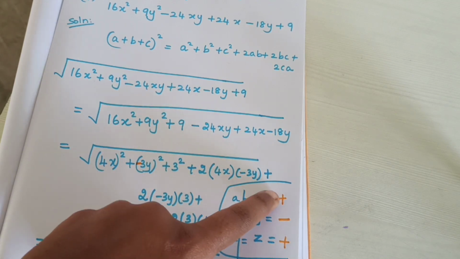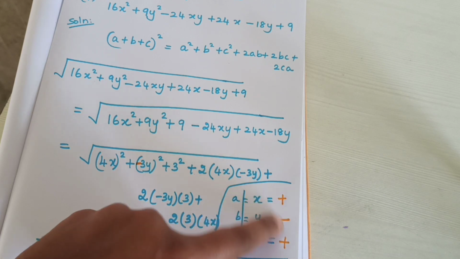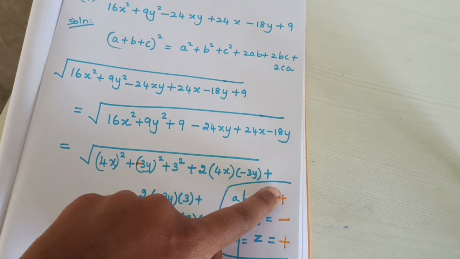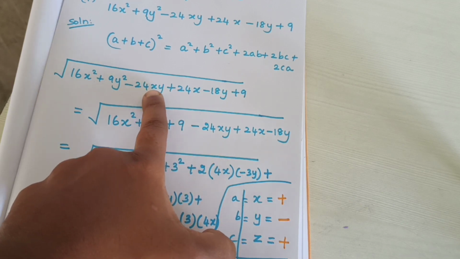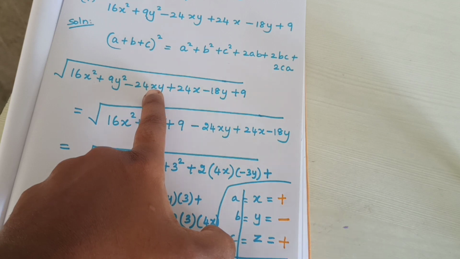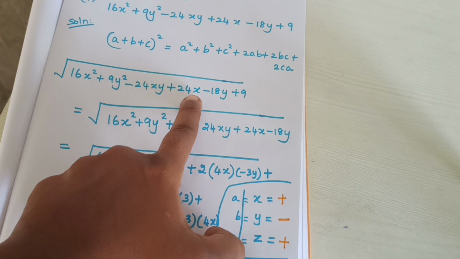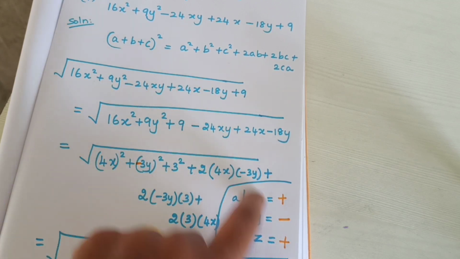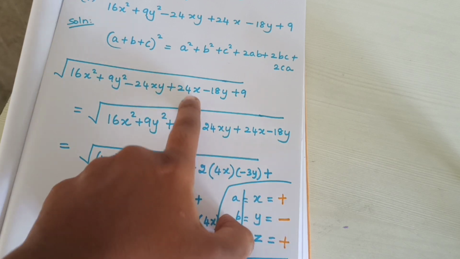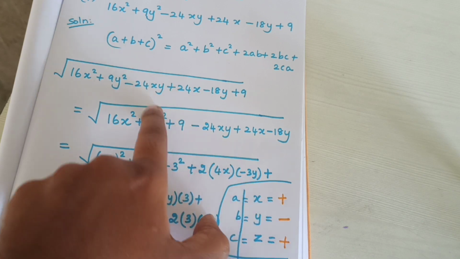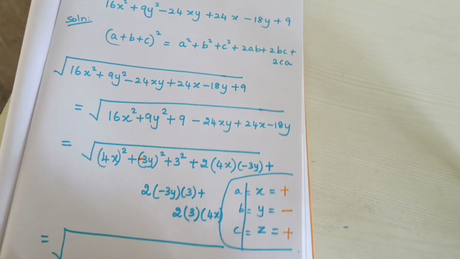The main thing is, first you need to search for the symbols. Then you need to apply this formula. That's all. Allotting the symbol is very easy. Check here x and y present. So for any one term, x may be plus or minus. Y also may be plus or minus. Here the x term is plus, so I allotted x. Here the y term is minus. Then z is automatically understood, that is plus, because x and y are plus and minus, so here minus will come. Okay, this is very easy.